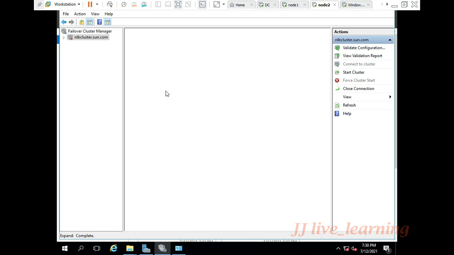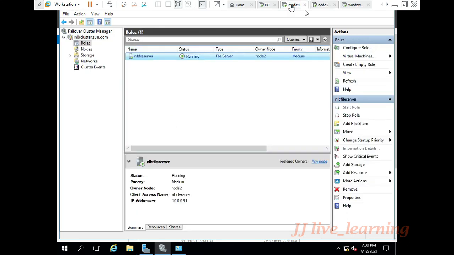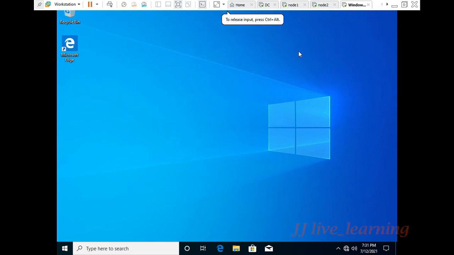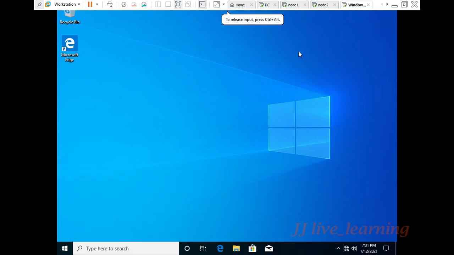Go to your node 1. Automatically the ownership will be changed. Now the node 1 system will take the ownership and it will act as the primary failover cluster. So now you can see the output on your client side.